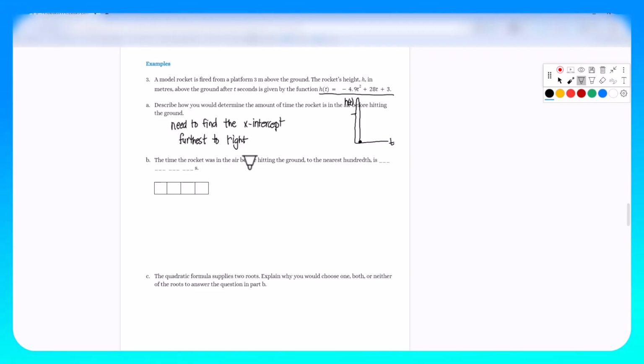Well, we're going to be using the quadratic formula. So let's take our a value to equal negative 4.9, our b value to equal 28, and our c value to equal 3. Well, the quadratic formula tells us that x equals plus or minus negative b,